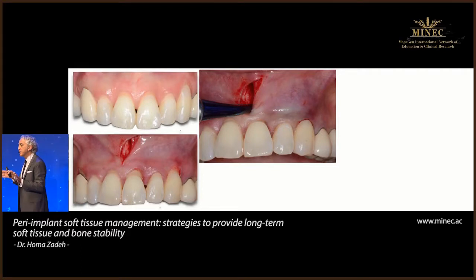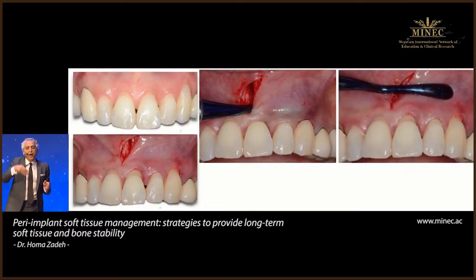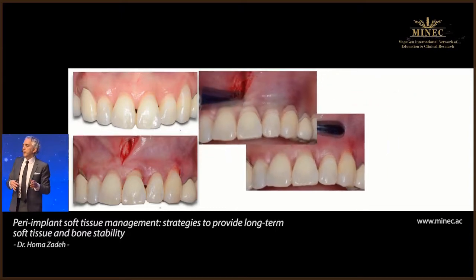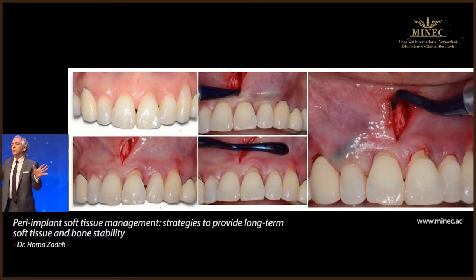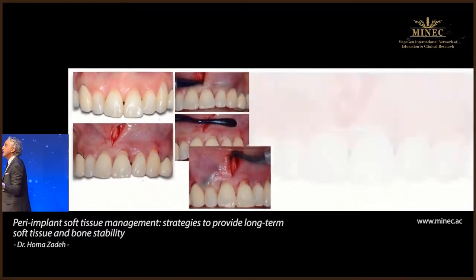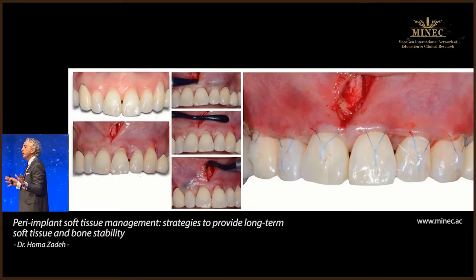The next step is subperiosteal tunneling. That is basically a full thickness dissection, except it's in a lateral direction, starting with that vertical incision in the vestibule. So we go laterally and also extend the subperiosteal tunneling underneath each papilla, so that we're lifting the whole